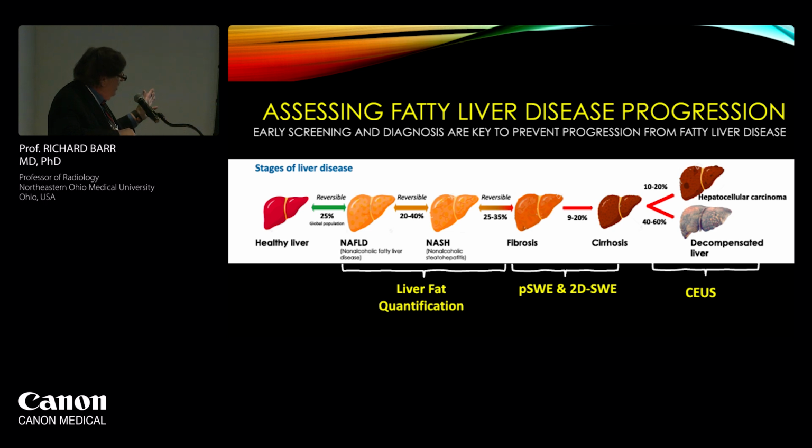I just want to point out that ultrasound is really the modality of choice for looking at chronic liver disease because it's widely available, it's inexpensive, and you can notice we have a healthy liver, go to NAFLD, to NASH, fibrosis, cirrhosis, and again, we now have fat quantification to make the diagnosis of NAFLD. We've got point shear wave 2D and maybe dispersion slope that's going to help us decide about NASH. Again, shear wave is going to help us with fibrosis, cirrhosis, and then obviously, we've got ultrasound contrast that we can look at focal liver lesions.